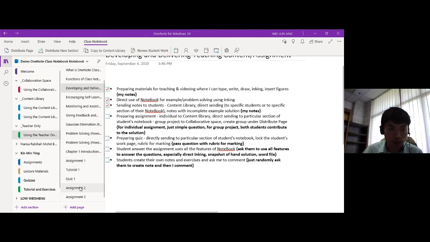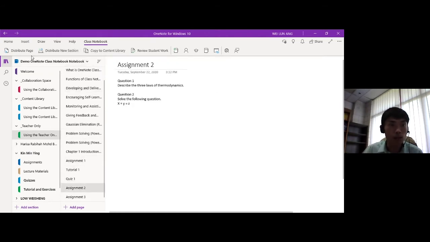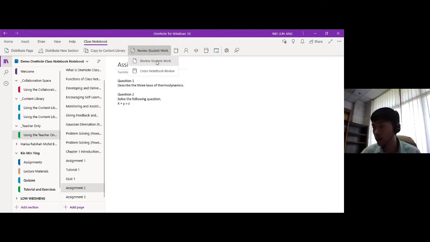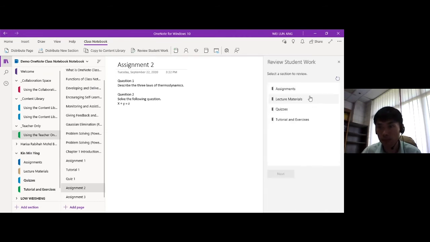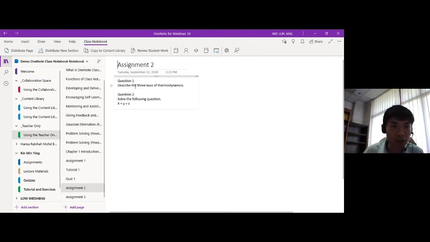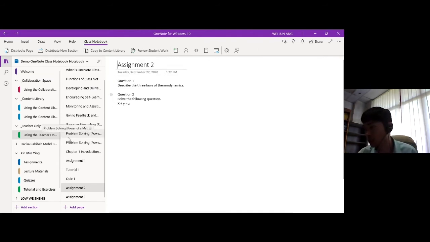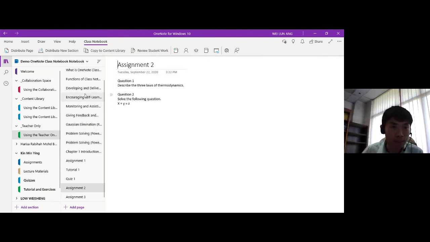Let's say for assignment 2, to create the group, I can go to review students' work. Let's see. Okay, maybe not at this part. I'll show how to create the group assignment later on.